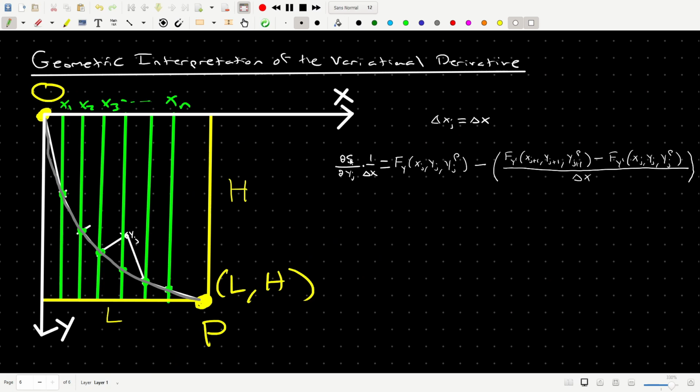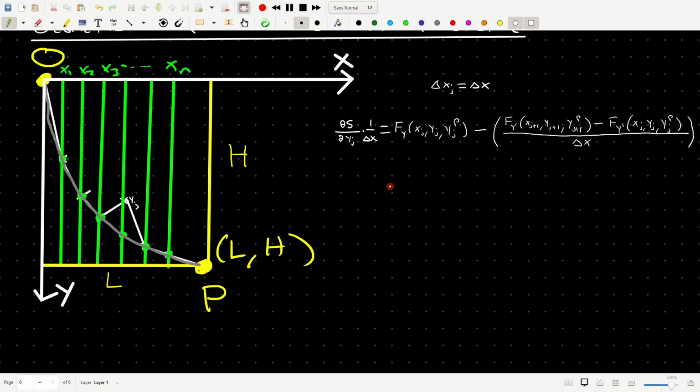So I just wrote that right here. I took partial s, partial yj, and we divided it by delta x. I'm going to assume that delta xj is constant, so the width of these partitions is constant, just for simplicity in terms of writing down what I'm about to discuss here. So this is the same thing on the left right here as the partial derivative of s with respect to yj, which is exactly the limit